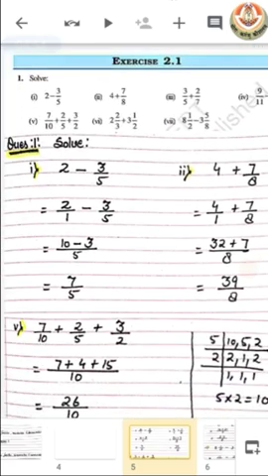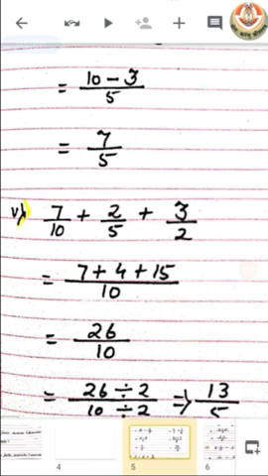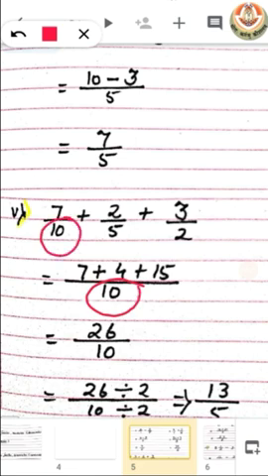Now, when we have to solve 3 fractions together to add them, for this we have to take the LCM for 10, 5 and 3. We get 10 as LCM for all 3 of them. Then the process will start. We have to divide the denominator. Then we have to multiply the answer with the numerator.